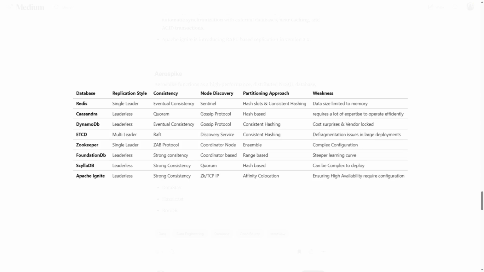Before we start, just a quick definition of what key value stores are. Key value stores are a type of NoSQL database that stores data as simple key and value pairs, where a unique key acts as an identifier to retrieve its associated value. So we will have a key which identifies the row or the data that we want to get, and the value will be whatever we want to retrieve